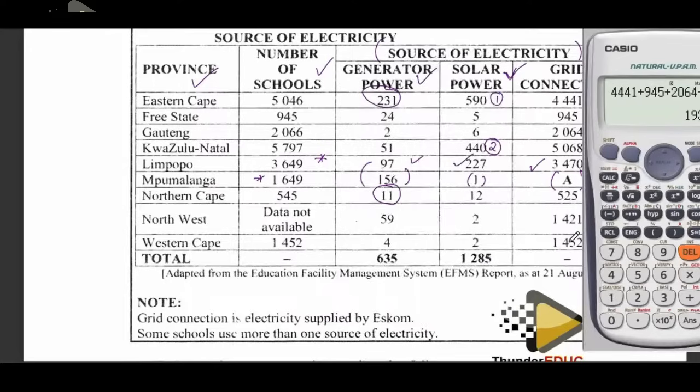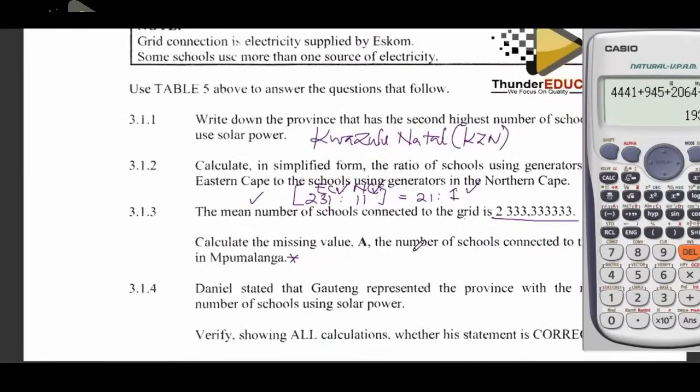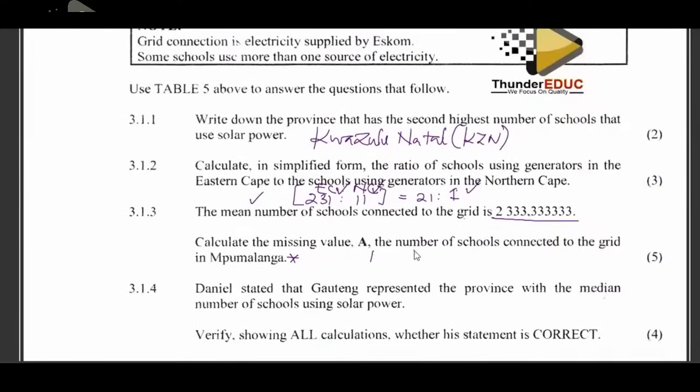You see that? We get 19,386. So what we're going to do, we shall say the 19,386 plus the A, because A is missing, divided by 9 to give them the answer as this much. Because we want to remove the 9, multiply by the 9 on both sides, and the same 9 has to multiply this side. So what you remain with,